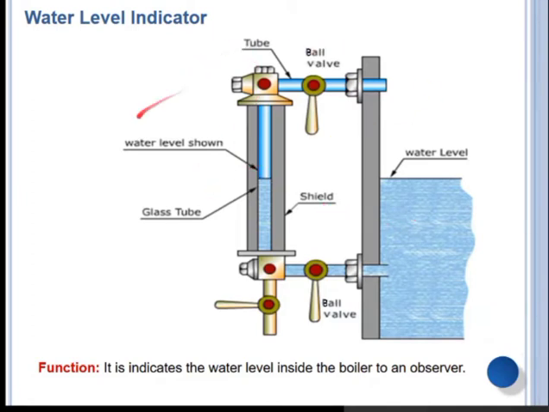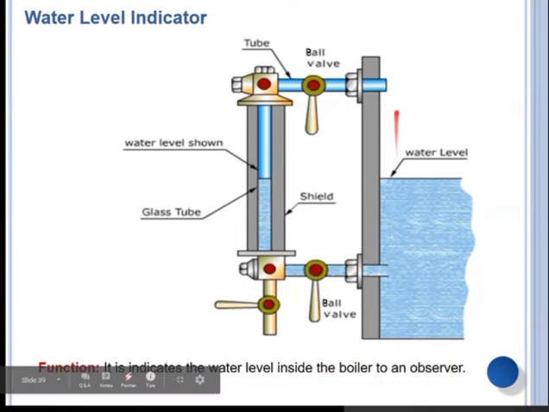So here you can see the diagram of the water level indicator. This is a drum area, a drum chair. Here it is a drum area where it is filled with the water, and the top portion is filled with the steam. The water level indicator is situated half in the water, and the other half is located in the steam area. Here it is steam, and here it is the water. So it is placed between this water and steam.